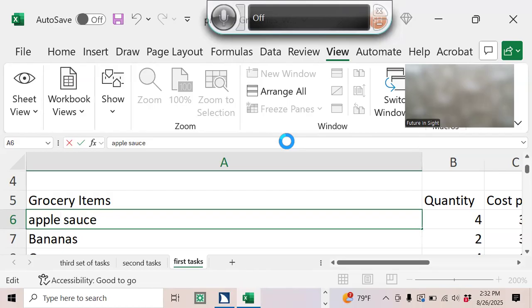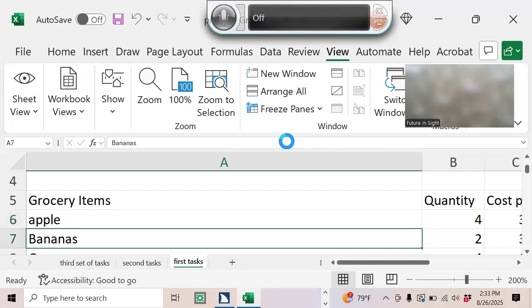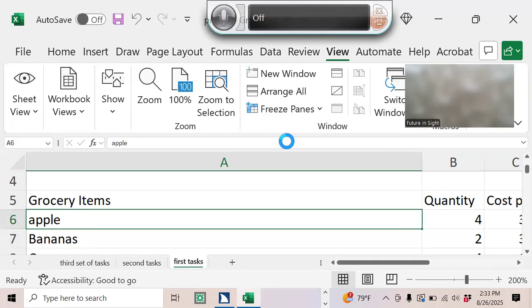I liked it the way it was. So if you don't want to make the change, you just hit Escape, and that will take you back to your worksheet without making the change. Escape. Apple, A6. And again, it just says apple. Apple. Okay? I did not keep the change of applesauce in that last